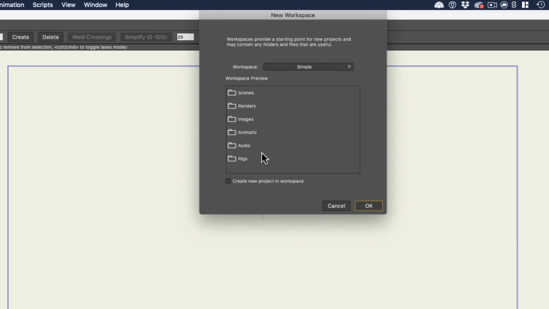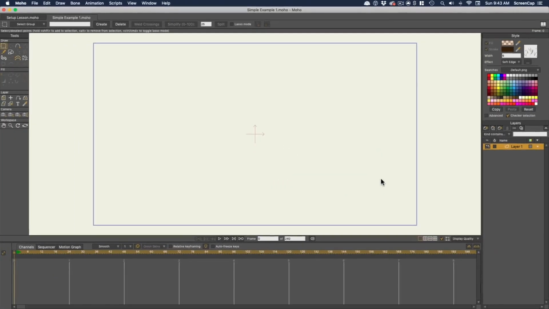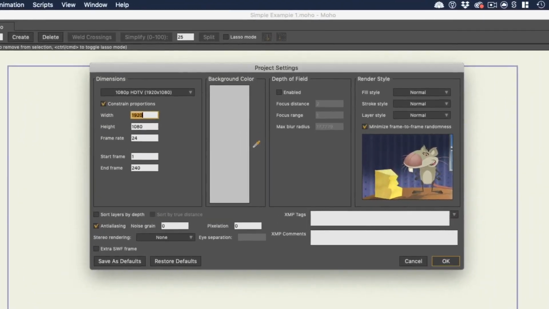There can also be subfolders within these. If you check this box, it will also create a new blank Moho project along with the folders. Let's hit OK, and I'll have it create this workspace in the same folder where I saved my project file. Now notice that we're actually in a new Moho project, the one that I just created along with the workspace. And if we take a look at the project settings, we can see that it did in fact create it with the defaults that we set. And if we look in